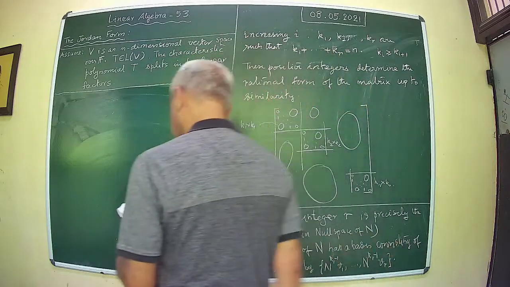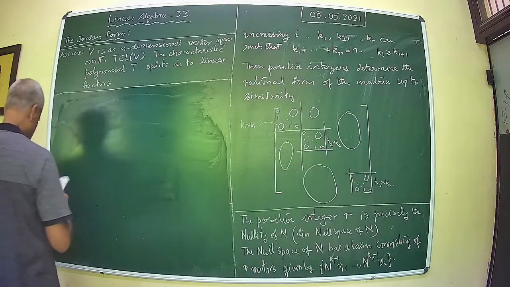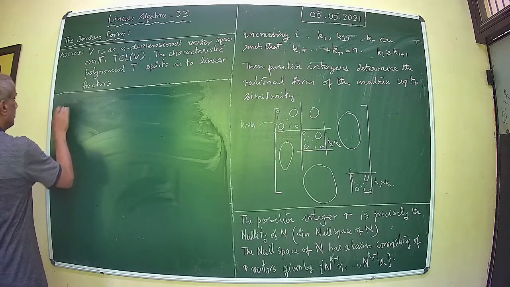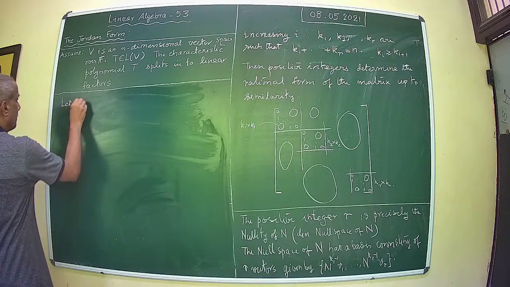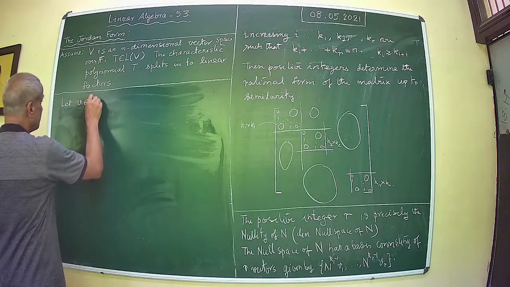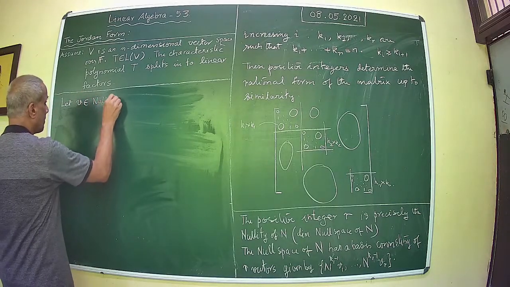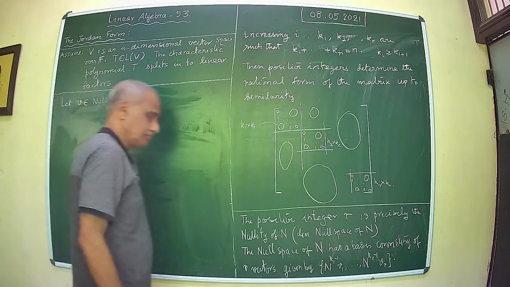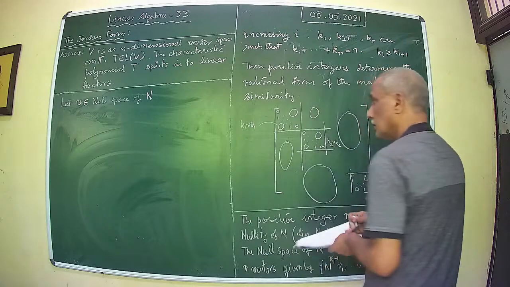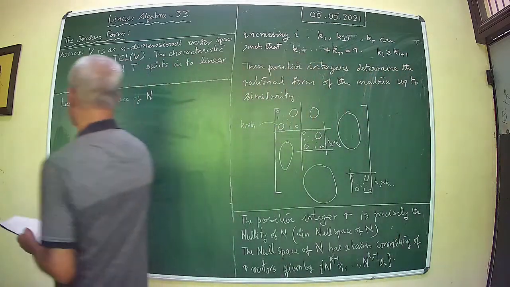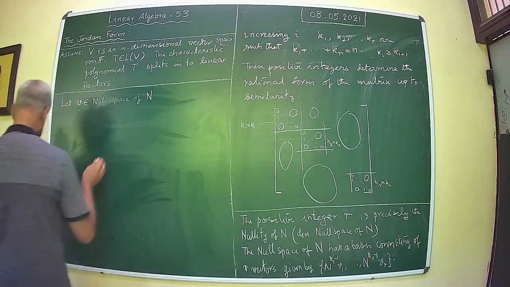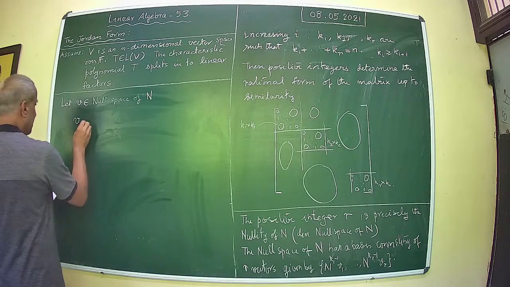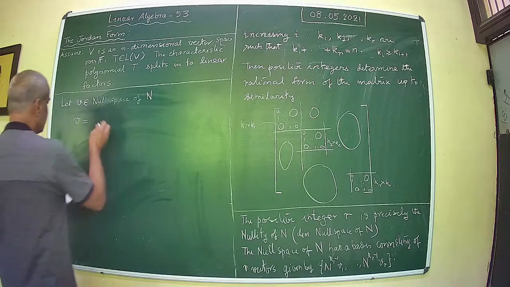Okay, let us prove this result. So you take any V belonging to the null space of N. Okay. Then what do we know? V is, see, we take the cyclic decomposition. V is